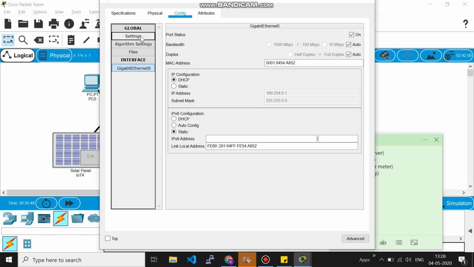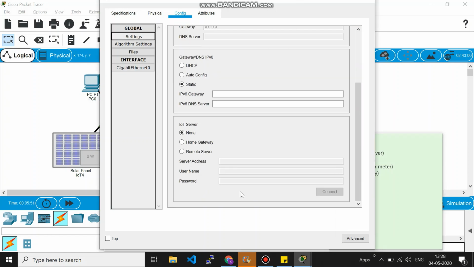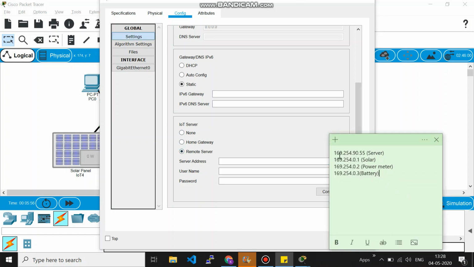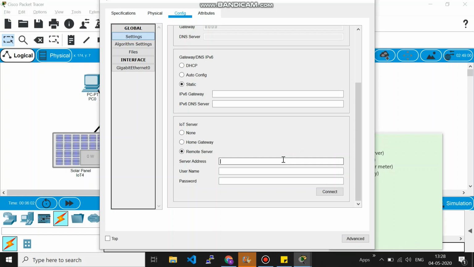And now one more thing is pending. Go back to settings, and in the IoT server, make this a remote server, and this server address should be of the server. So copy this which you had, and here you should select remote server, paste it, and the username is not created, but I'm going to create it as admin and admin password.